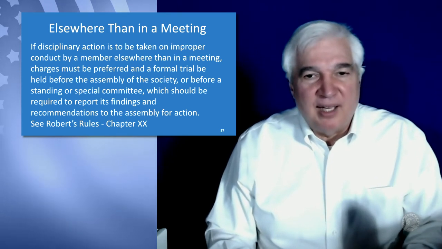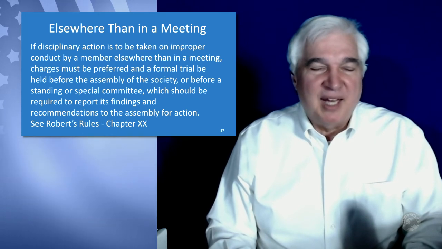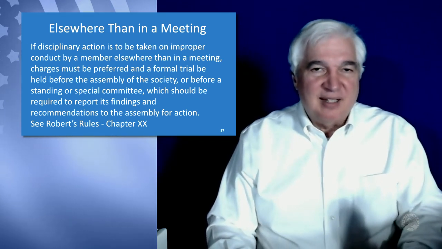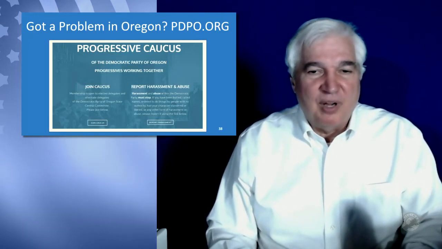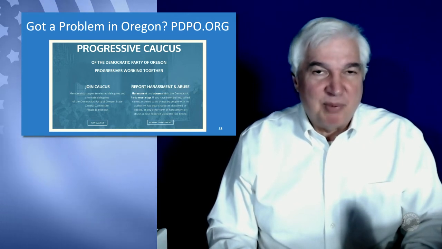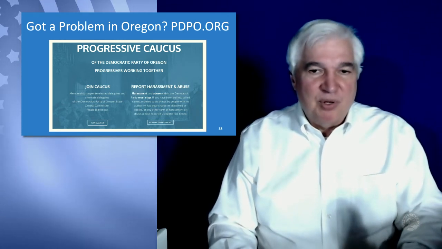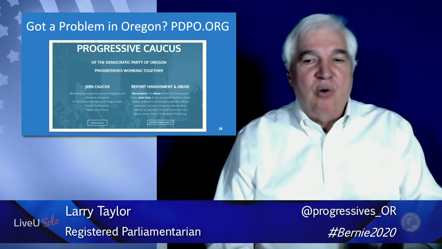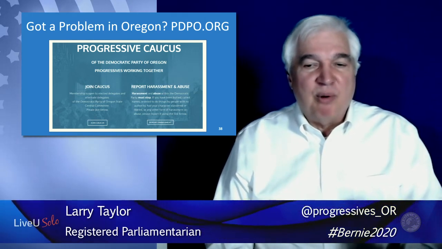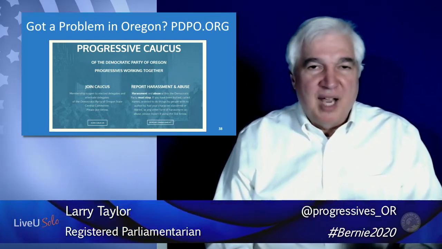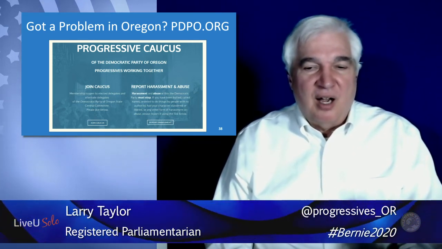So if you have a problem in Oregon, and we've been having increasing problems within the Democratic Party of Oregon of things being handled less than professionally sometimes. This has gone on since 2016, and we're at the point where it can no longer transpire. And so as an interim solution, we have a process for reporting harassment and abuse. So if you go to the website PDPO, which stands for Progressive Democrats, there is a button on there for reporting harassment and abuse. So you can go out there and you can say what happened to you, and that will go into our database.